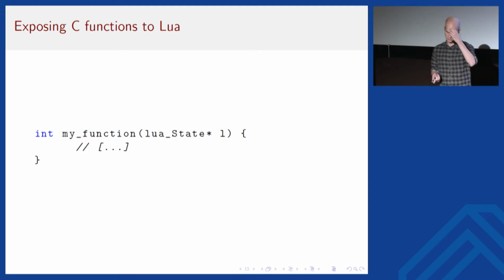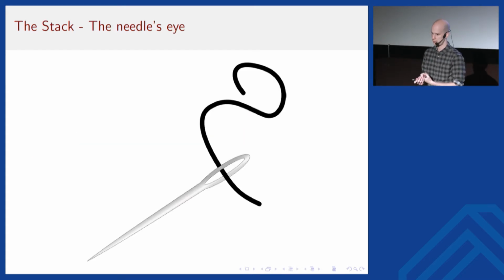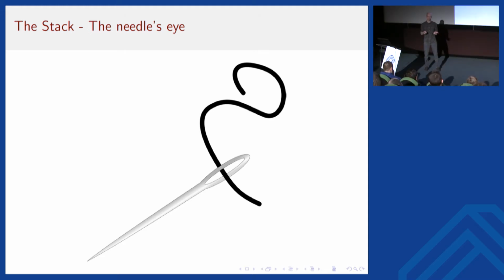And as you might notice, this function actually does not have any arguments or any return values that make sense. It just takes a Lua state and then returns some int, which in this case is actually the number of actual return values. And the reason why this works is that Lua's API is constructed around this concept of a stack. And this stack is actually not the actual call stack as you might have it in the C++ program, but it's somewhat similar. So all of the function arguments and all of the return values go through the stack. And actually, every value that you ever want to get inside the Lua VM or out of the Lua VM has to go through the stack.